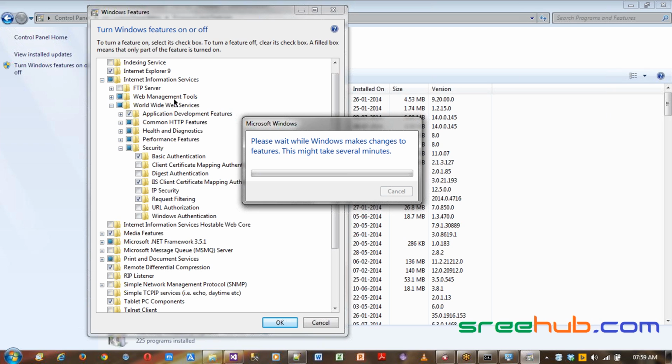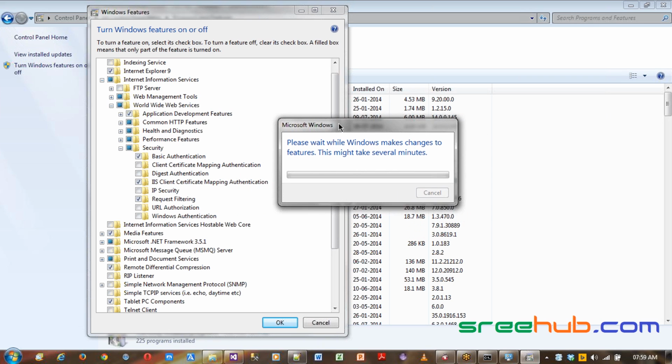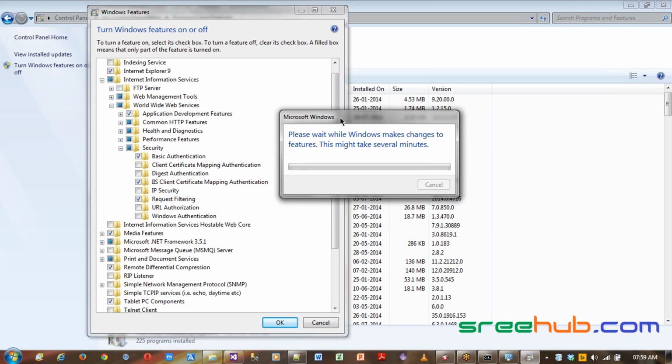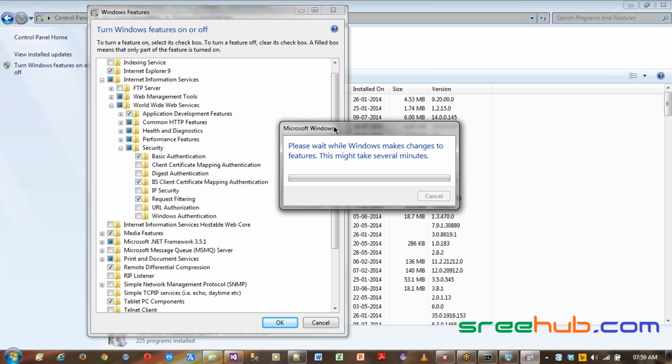So if you are installing your IIS for the first time, it may take some time for sure. But if your processor and RAM are good enough for the version of Windows you're using, this may complete fast. But it's going to take at least a few minutes, I would say. So you have to bear with it, and once you are done with the enablement, I mean, once your features are installed,